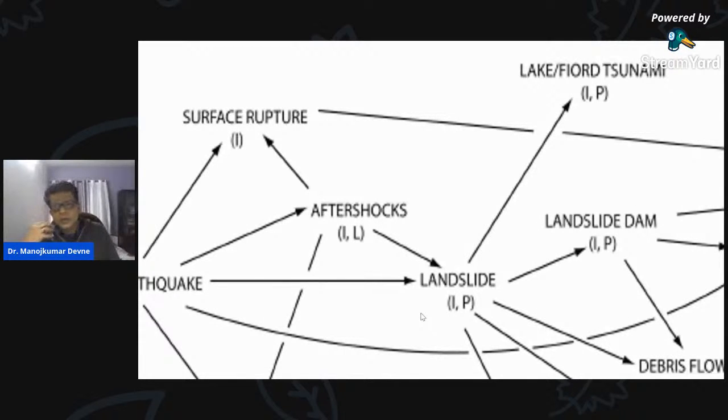So you'll see that an earthquake itself is causing a tsunami. Add to that, landslides also may cause a tsunami. A small landslide, let me tell you, will not have that much of an impact. But remember that